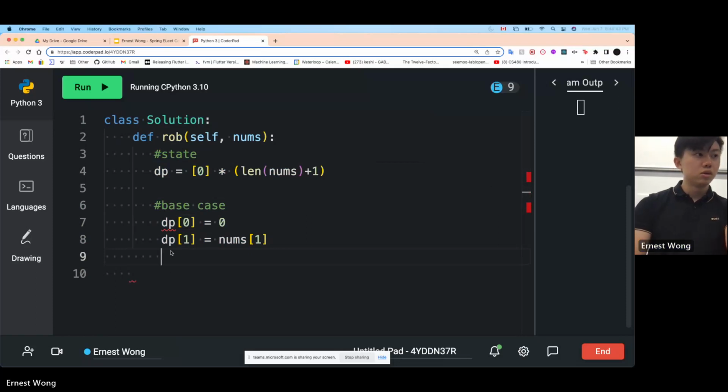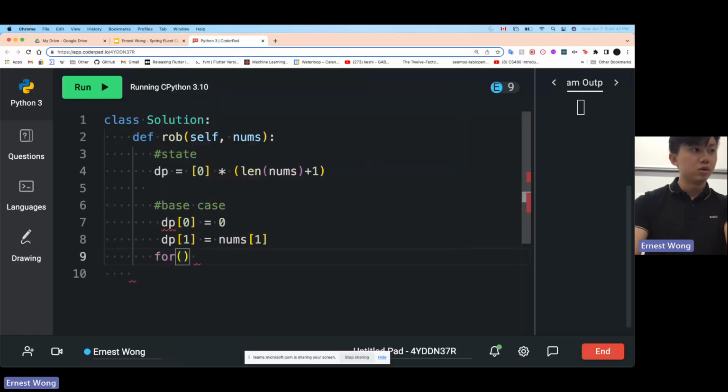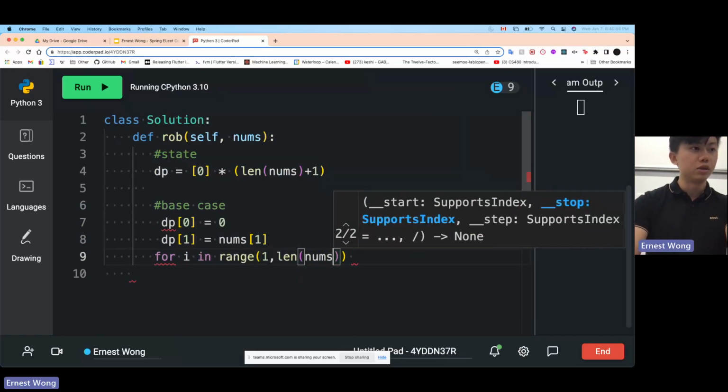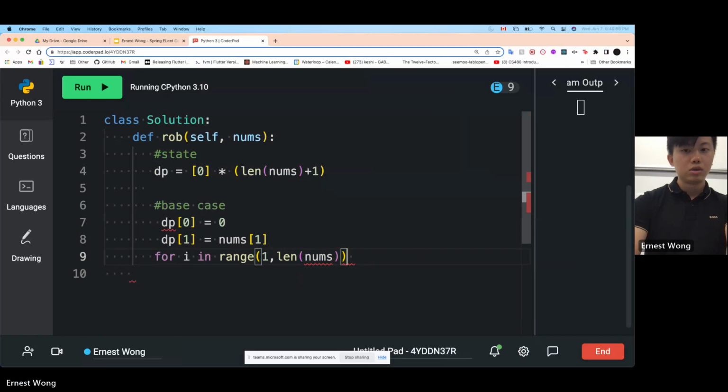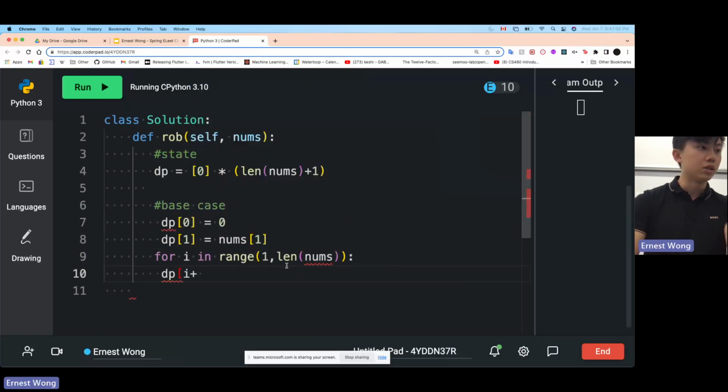All we want to do is for i in range of 1 to the length of nums. What we want to do is dp of i plus 1. Actually, I'll keep it to i. So let's start on 2.